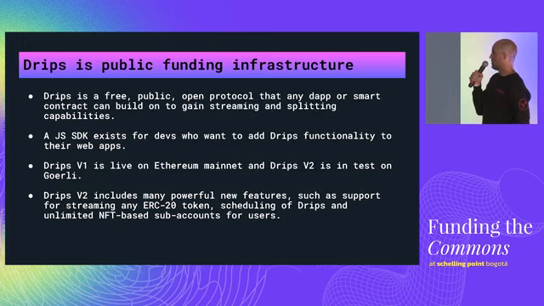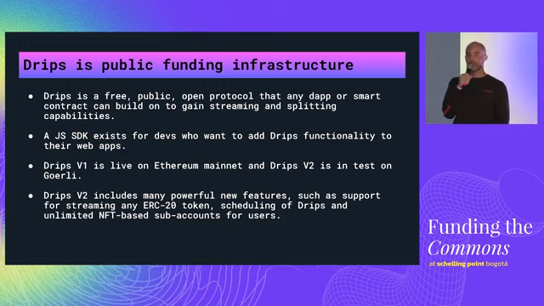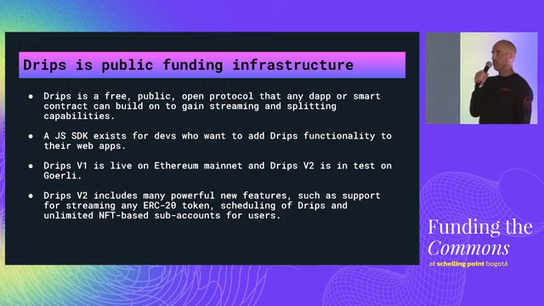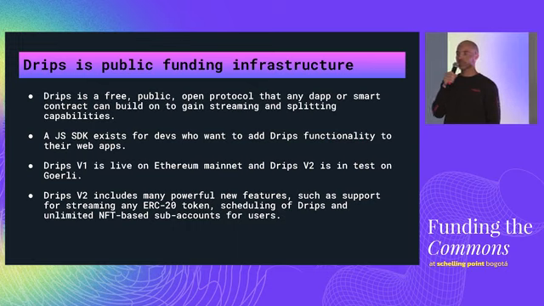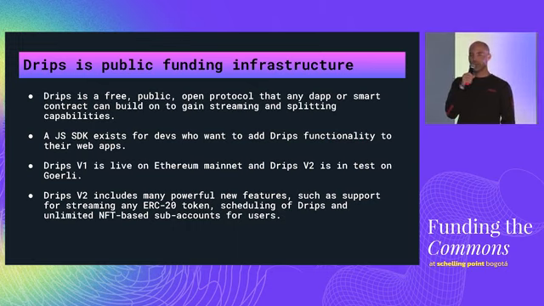So we're going on to build Radicle Funding, which is a set of experiments and experiences on top of DRIPS. But we've also just put DRIPS out there as essentially public funding infrastructure that we hope more and more projects will build on. We're talking to a bunch of projects. We're talking to Giveth, talking about integrating with Grants Hub, and a number of DeSci projects. But please, if you're interested in building on DRIPS, come find me or come find us on Discord. We'd love to connect with more projects looking to build on this